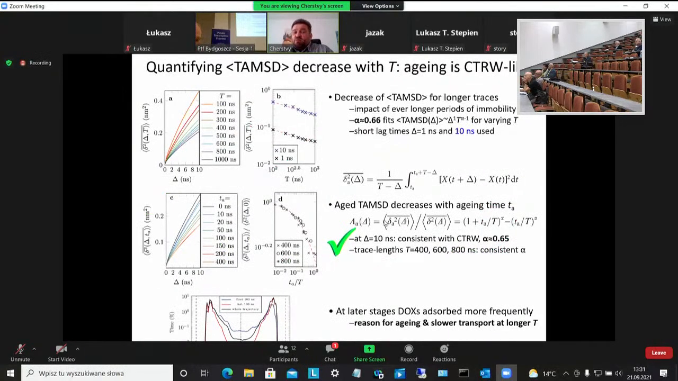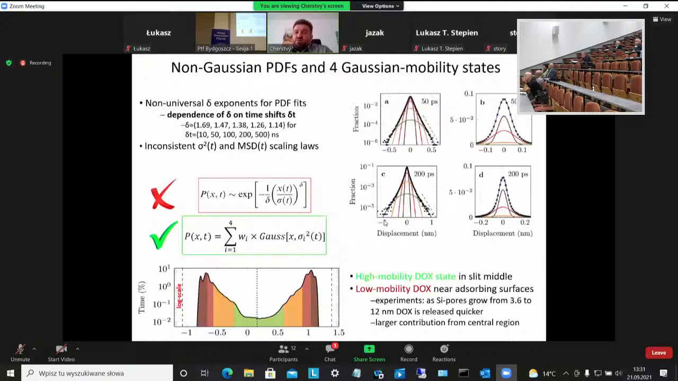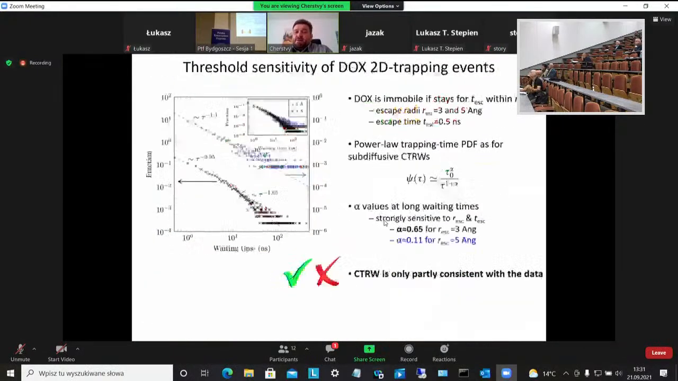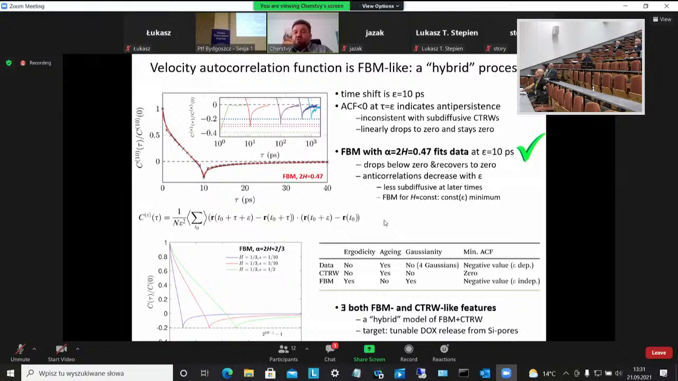So continuous time random walk is not the model we want to attribute to this data, although some of the properties are actually favoring continuous time random walk. What I want to say is that fractional Brownian motion is more attributable, for instance, for the correlation function, where we superimpose our other simulation data, and you see that doxorubicin actually is behaving like FBM in the subdiffusion region. So I'm finishing by saying that